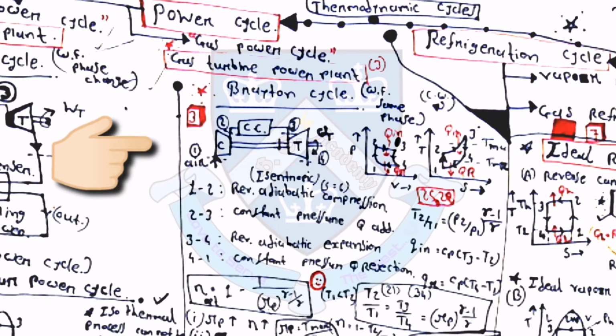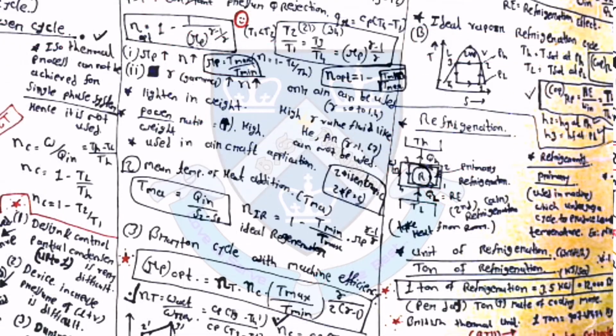Then the Brayton cycle operates on these 4 processes. Process 1 to 2 is reversible adiabatic compression. 2 to 3 is constant pressure heat addition. Then 3 to 4 is reversible adiabatic expansion. Then 4 to 1 is constant pressure heat rejection. And there are 3 to 4 formulas which are mostly asked in the GATE examination. First one is